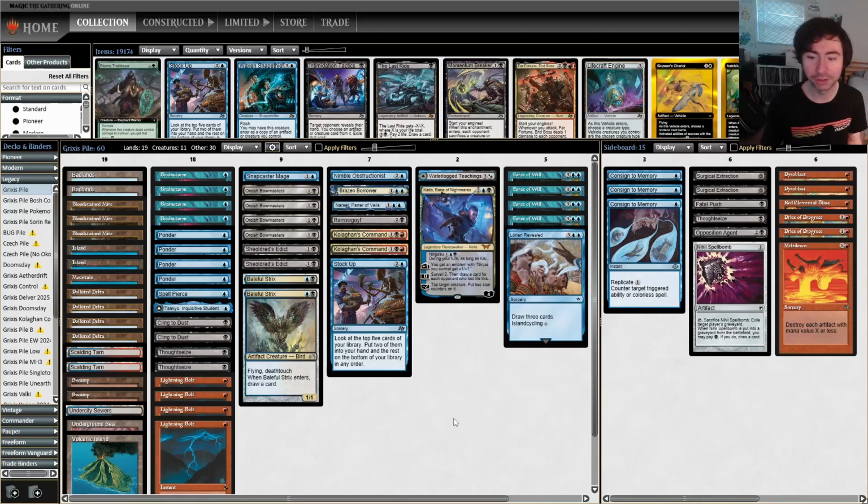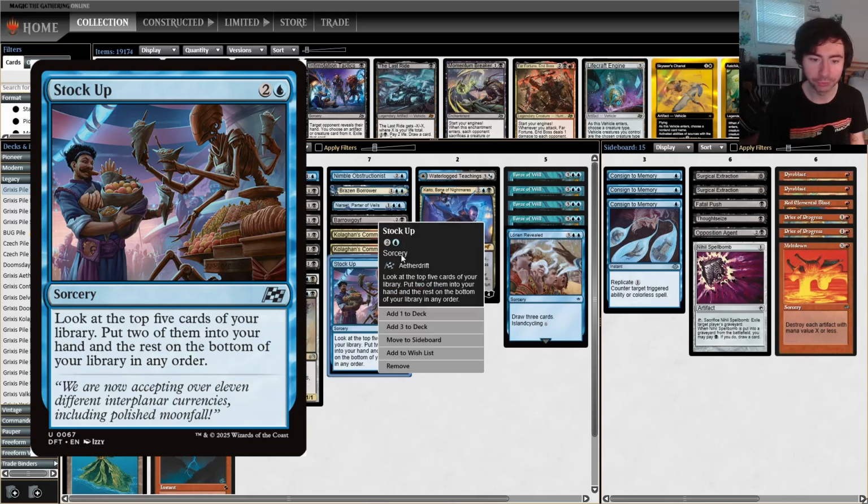Now, in between now and when my Aetherdrift video came out, one card from the set has been getting a lot of attention, and I somehow completely missed it during spoiler season, or maybe it just glossed over people, and then in practice it became clear how powerful the card was. It's called Stock Up. Two and a blue for a sorcery, and you look at the top 5 cards of your library and put 2 of them into your hand